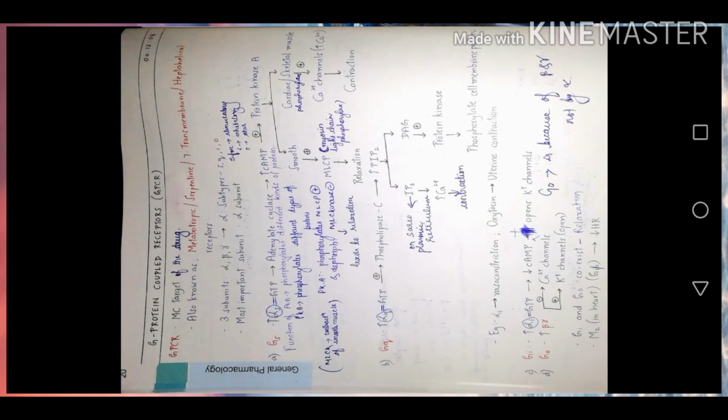Okay. Now in cardiac and skeletal muscle the function is it phosphorylates the calcium channels, by which the calcium ions are moving into the cell more and more, by which contraction occurs. So we saw two differentiations of the cases, that is, one is the relaxation, one is the contraction. Relaxation we see in smooth muscle, contraction we see in cardiac and skeletal muscle. Now I am giving you an example.